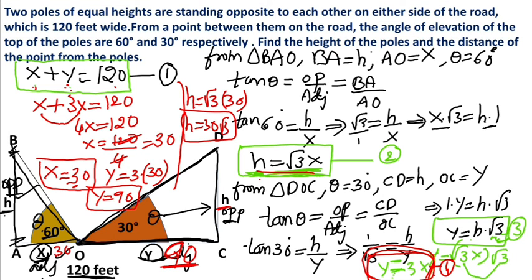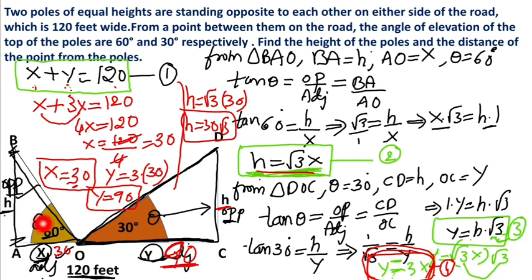Just recall the problem once again. First draw the suitable diagram for the given data, and after that we know that clearly the total AC length is 120 feet, and we are assuming A to O distance is x and O to C is y. So by adding x and y we get 120.